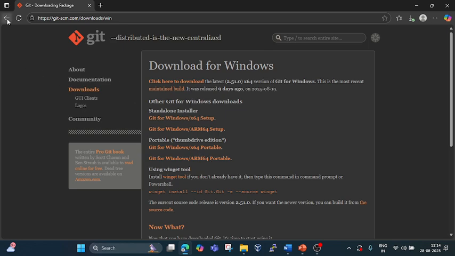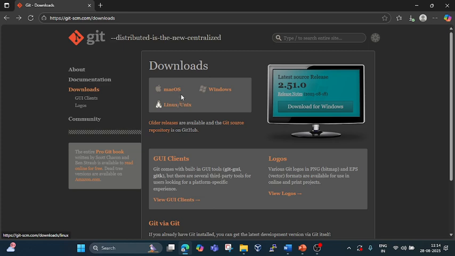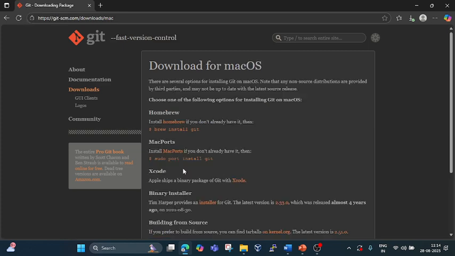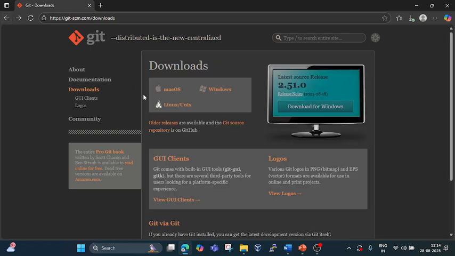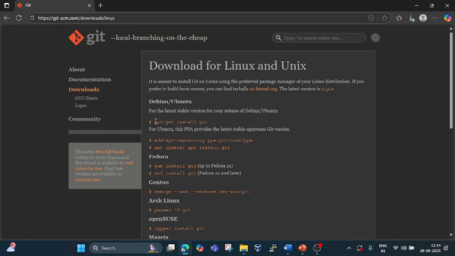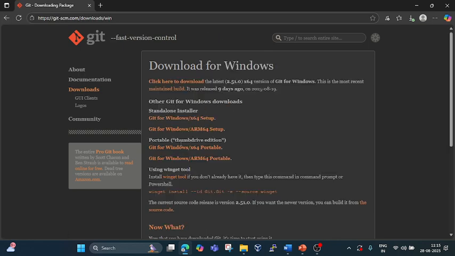You have to click here, and here, you will get the link, and then you have to install. For Mac, you will get these commands which you have to use. Similarly, for Linux, you have to use these commands, like apt for Ubuntu, and this. For Fedora, you can use these commands. For Windows, there is a simple link here which you can use. See, I have 64-bit configured, so I will use the 64-bit.